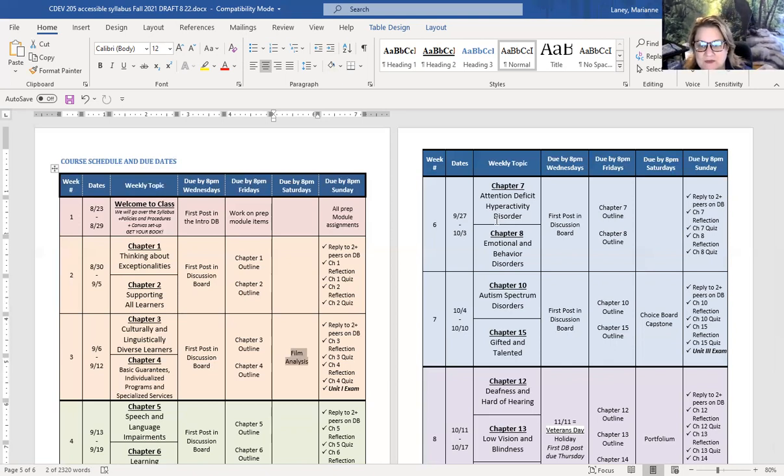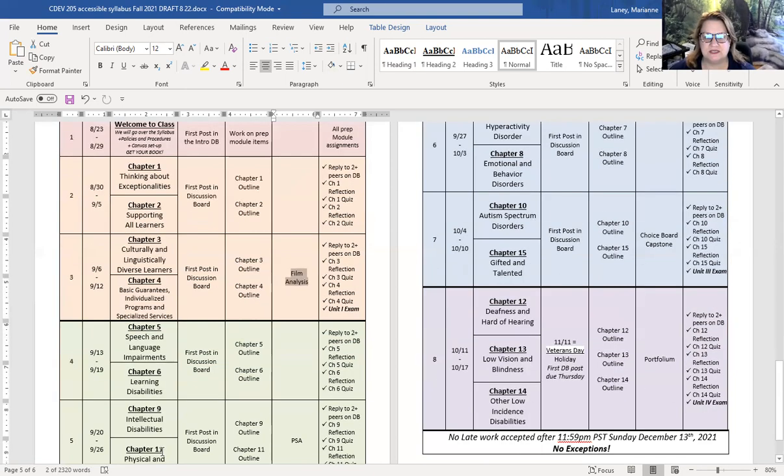So you might have somebody with ADHD. Check this out. You might also have somebody with ADHD who's in a wheelchair. You might have somebody with emotional and behavior disorders who has a learning disability. So the comorbidity can happen all over the place. You can have students with three or more.